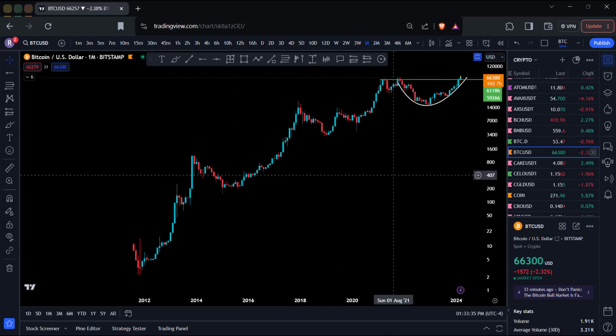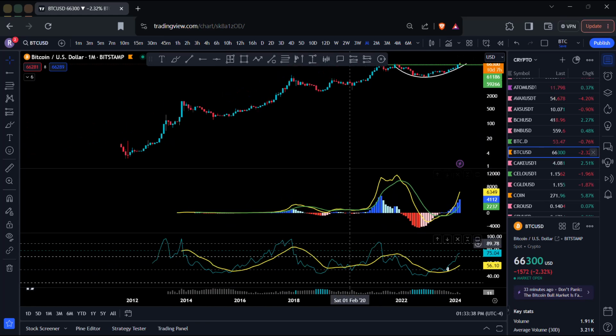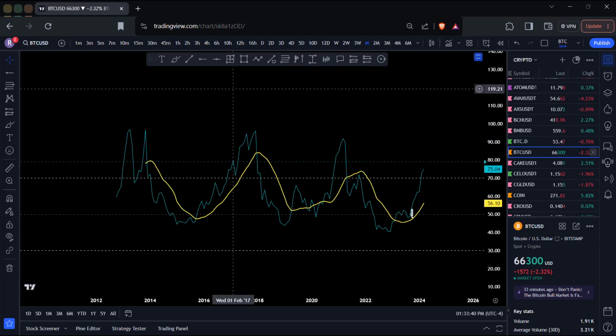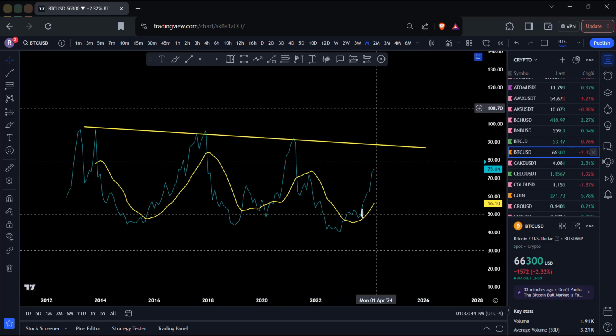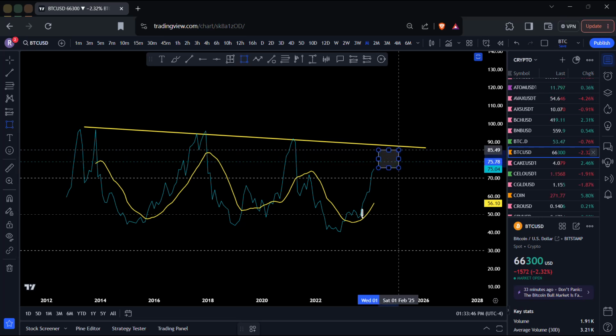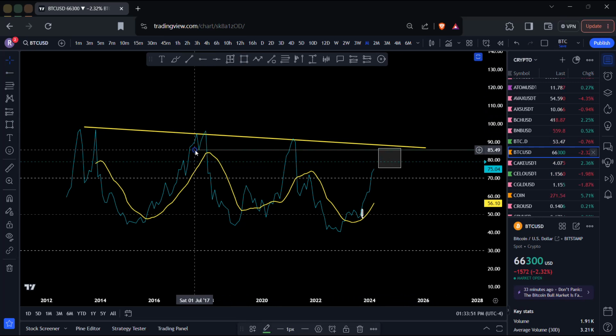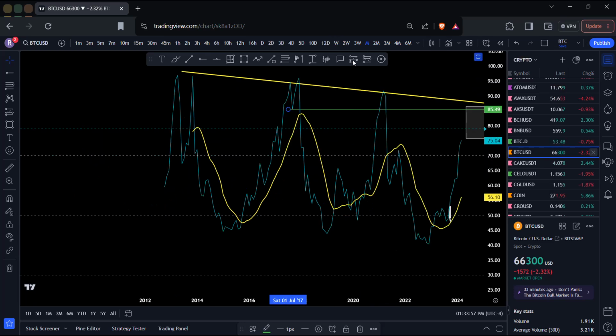Once again, long term, I'm using the RSI on the monthly to see how much room this pump still has to go, right? We still have room to grow until the asset is extremely, extremely overbought. I'm using the bottom of this peak right here, the 85.49, to be my market bottom top. On the weekly,